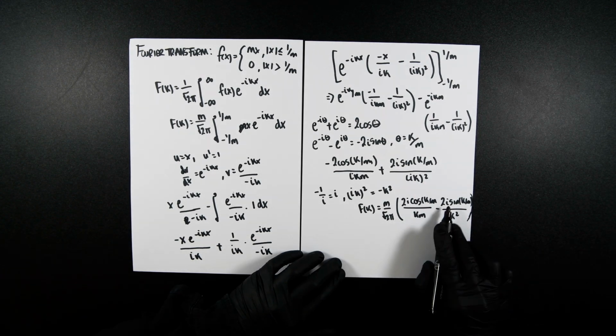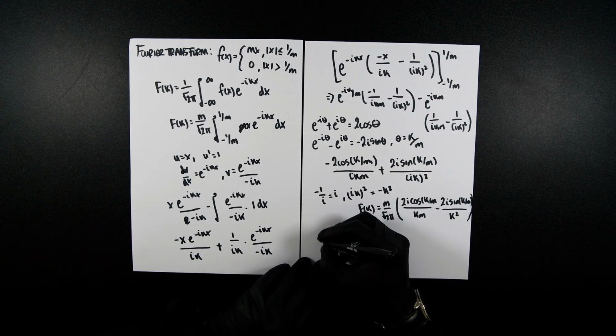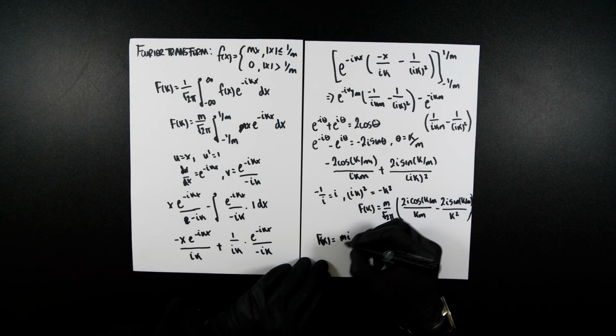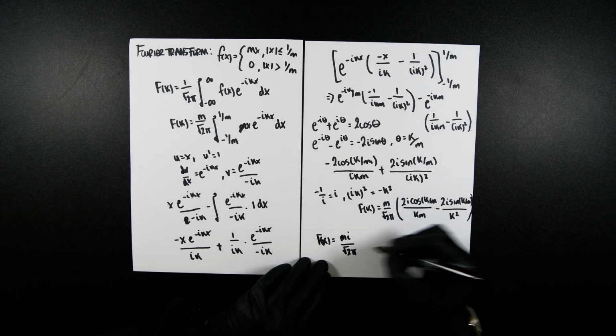We can also now pull out this i, so f(k) would equal mi over root 2 pi